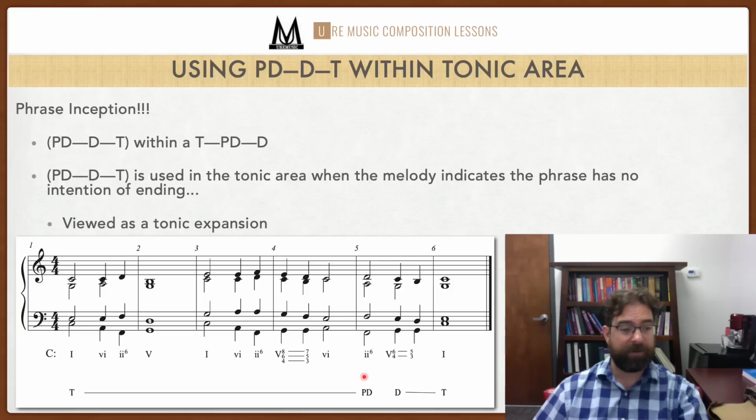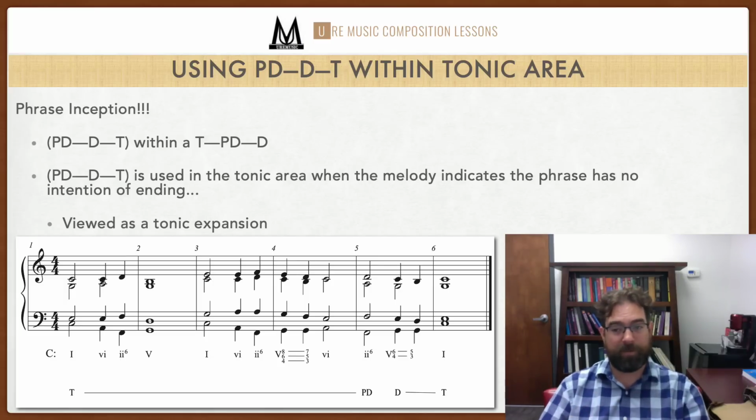bit more interesting. So if you use a PDDT within the tonic area, like we see here, there's a predominant, a dominant, and a tonic. Here's another predominant, dominant, and then this is a tonic substitute. Then we can view these as a tonic expansion, but we can also view these as embedded phrase models. Because if you listen to this, it doesn't sound like the phrase ends here, and it doesn't sound like the phrase ends here. But these are sort of embedded phrase models that do allow the piece to have more structure